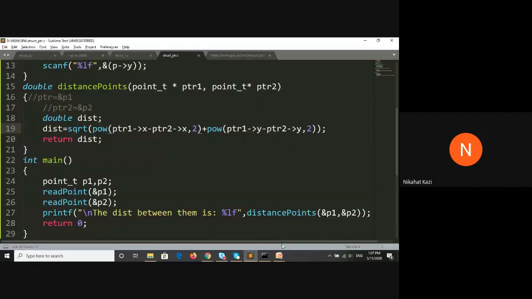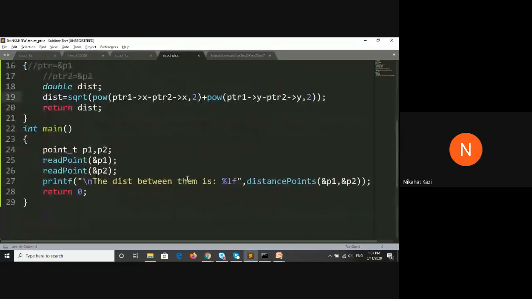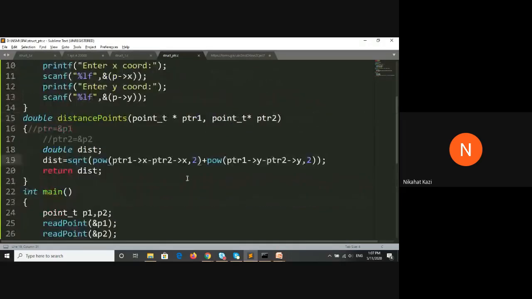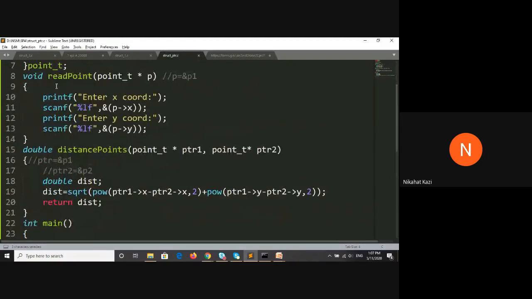Fine. So this is the program which demonstrates structure pointers, which can be passed and used as function parameters. And while calling these functions, you have to pass the addresses of variables. The advantage of this is you do not need to return anything.